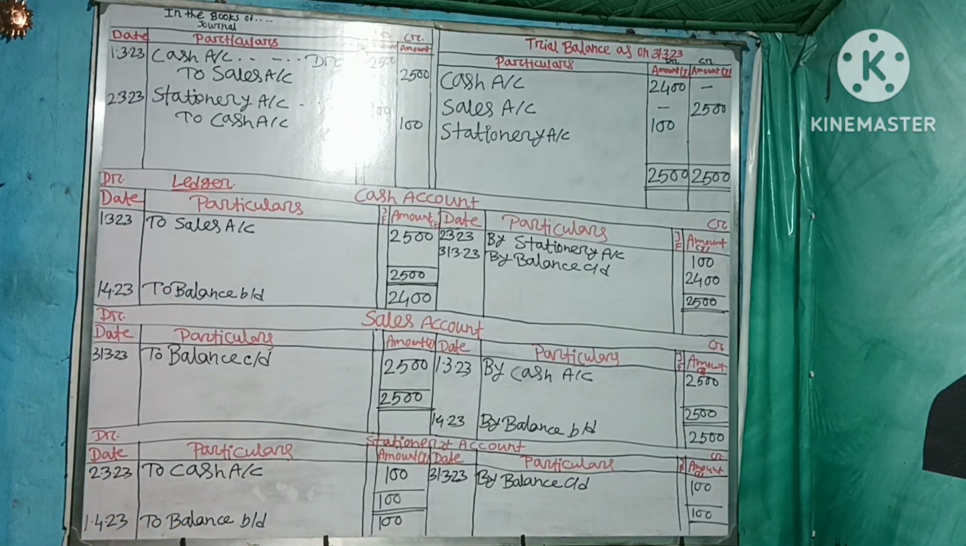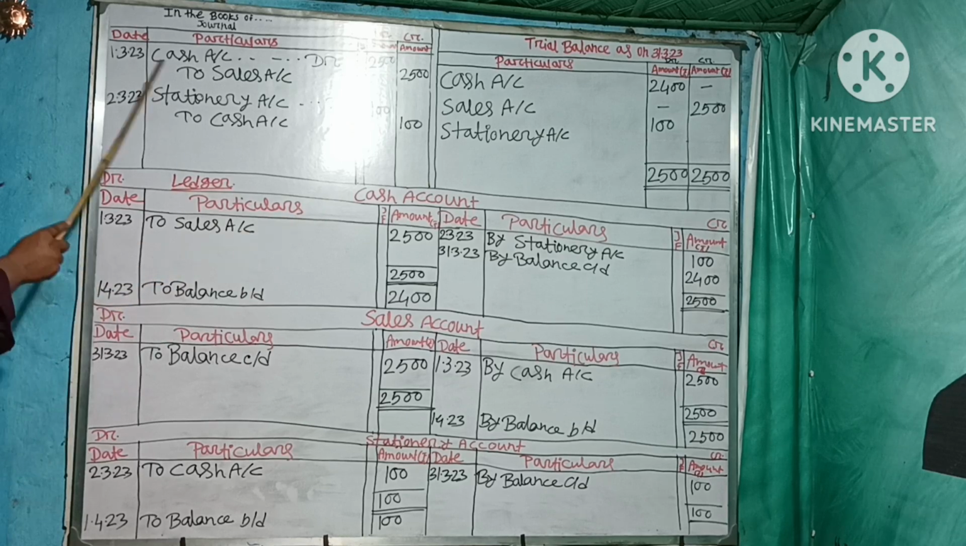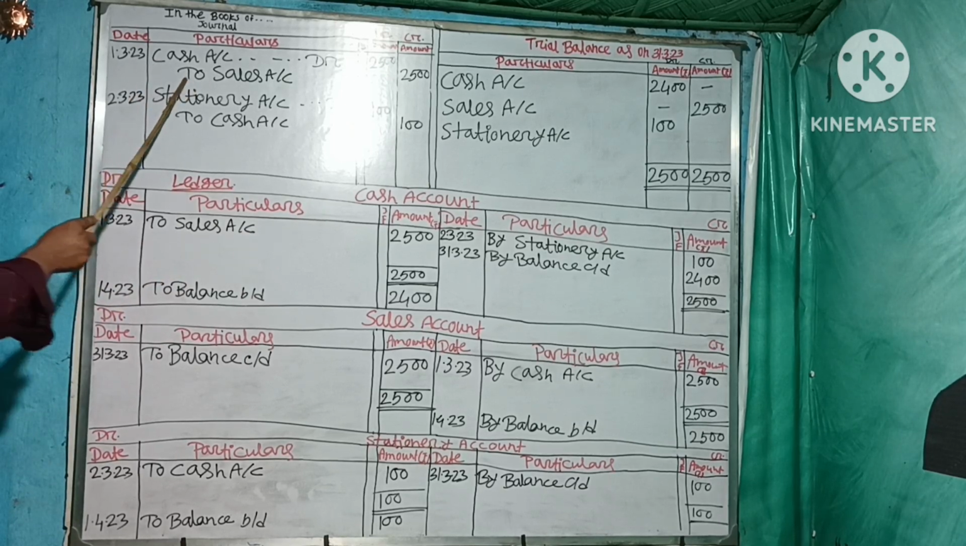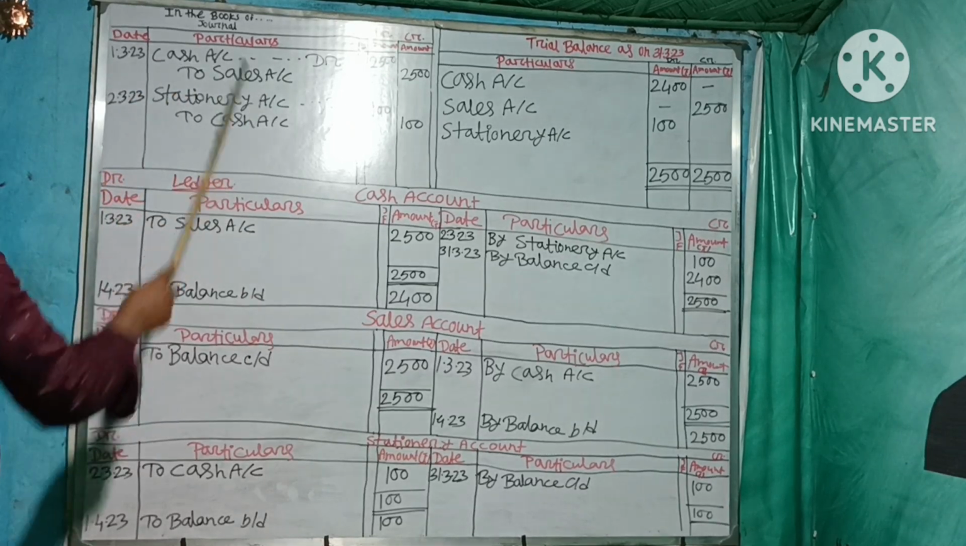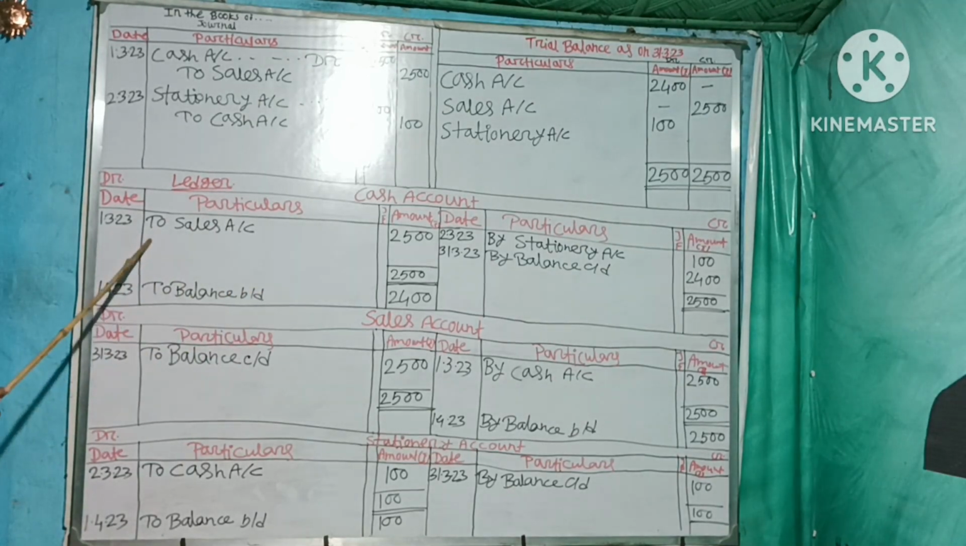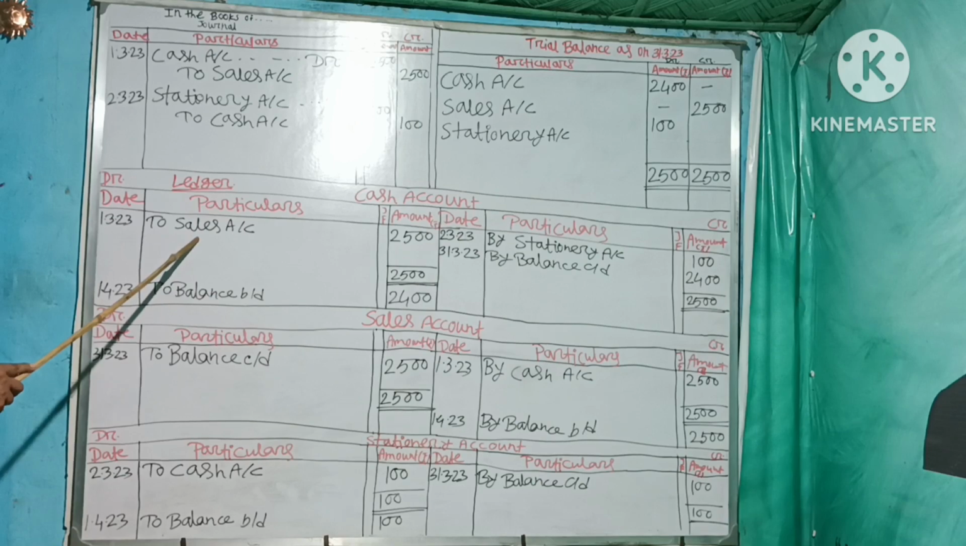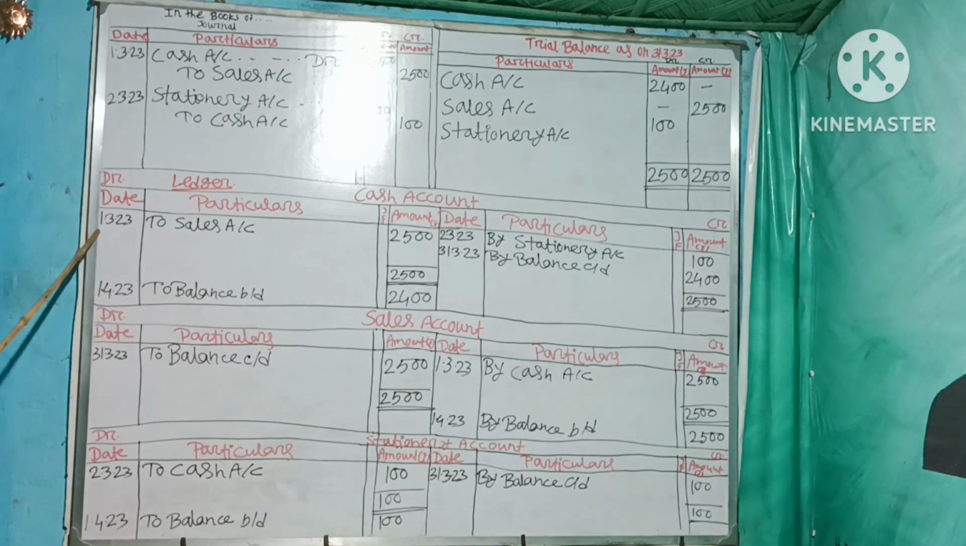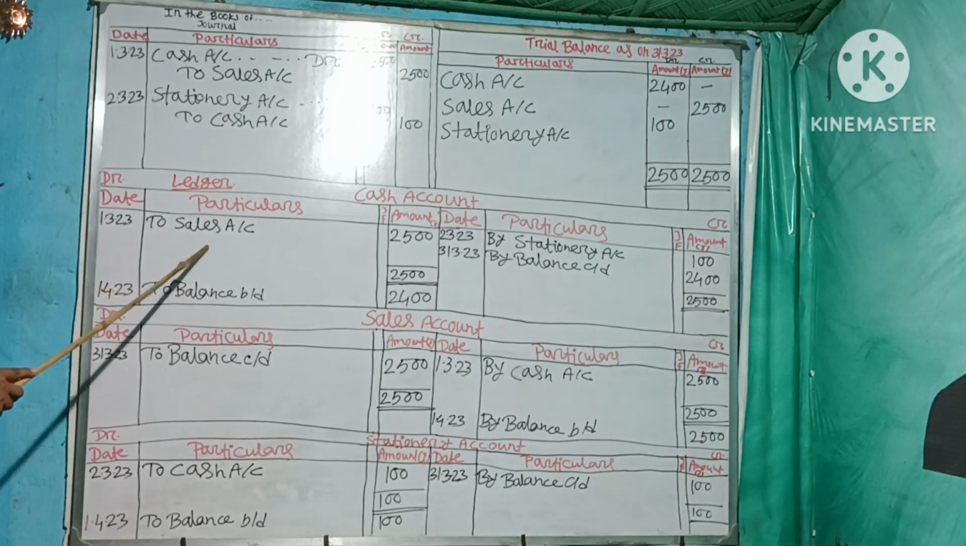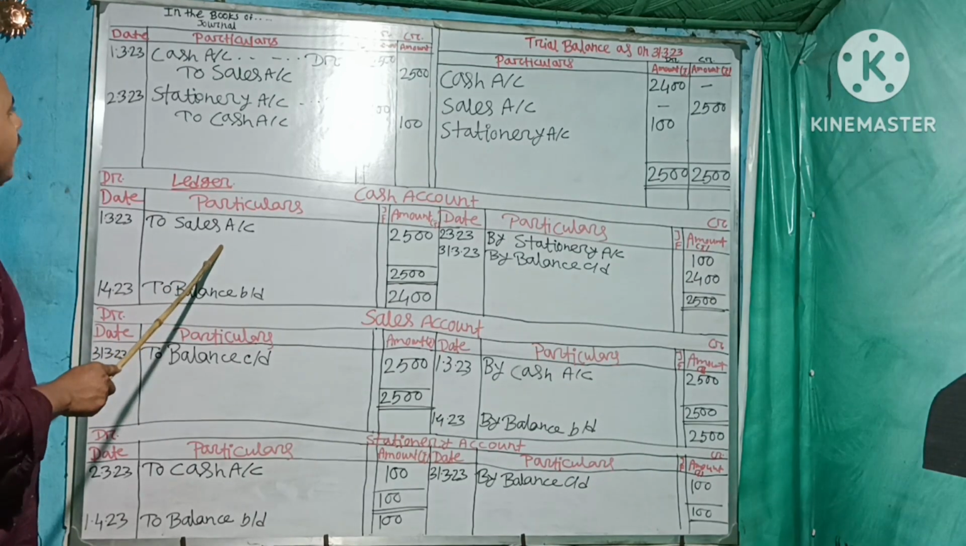Okay, let's say cash account. Here we open a cash account. Opposite of cash account we have to write to sales. So this is the two sides. For that reason we will write 1st March 2023 to sales account. Okay. Next,